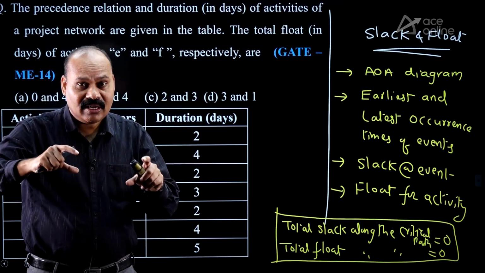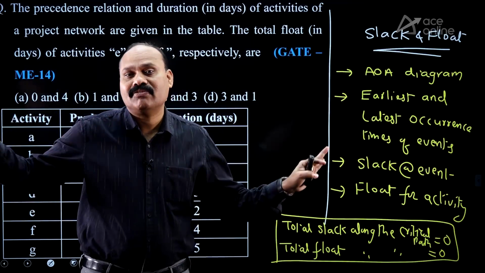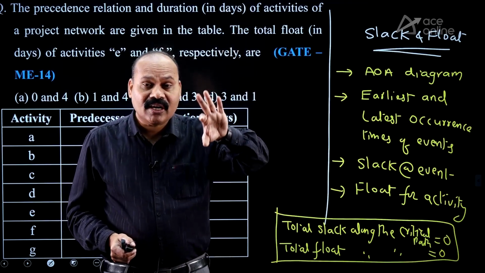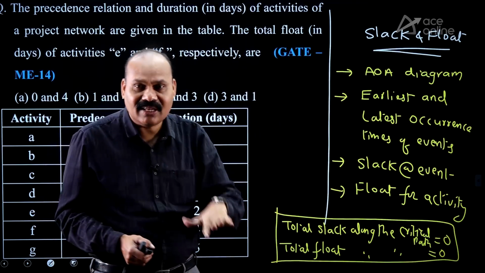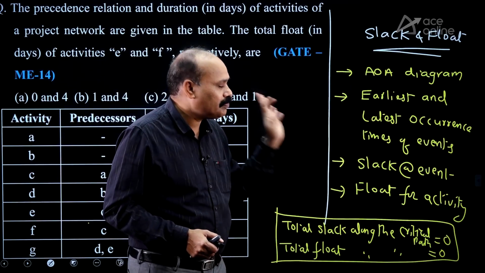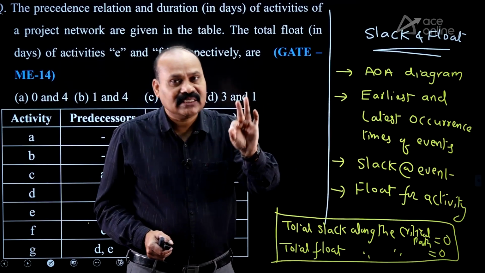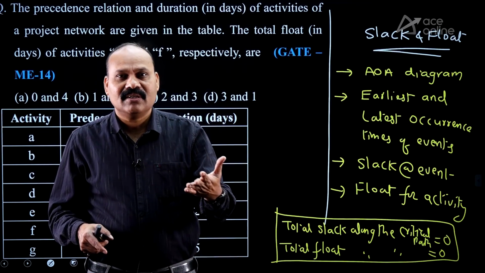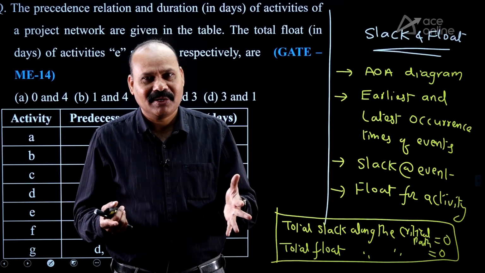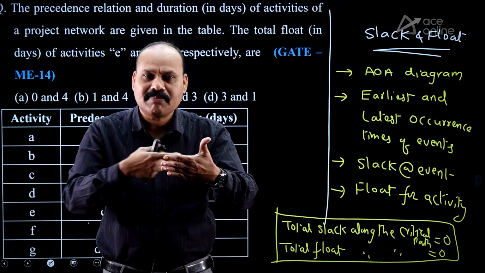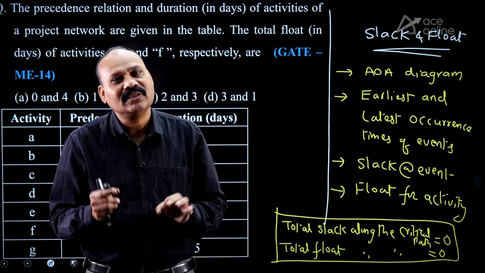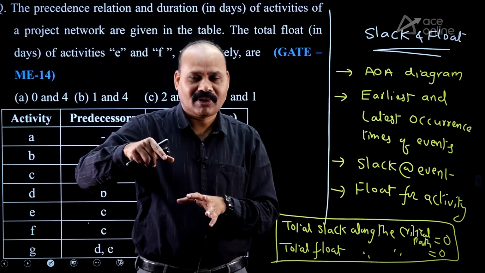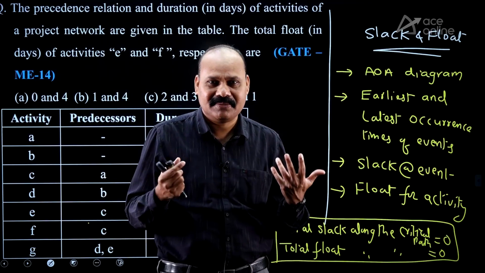If the given data is matching with the critical path, we are lucky enough. Without any calculation, we can simply keep 0. If the given data is not matching with the critical path, then we have to calculate like this. Got the pointer? My suggestion is, if the problem is given, draw the network. After identifying the critical path, you can take the decision and see the question. If the question is matching with the critical path, we can conclude the answer without any calculation. If it is not matching, at least you can say it is not 0. 0 or other than 0, you can decide at least.